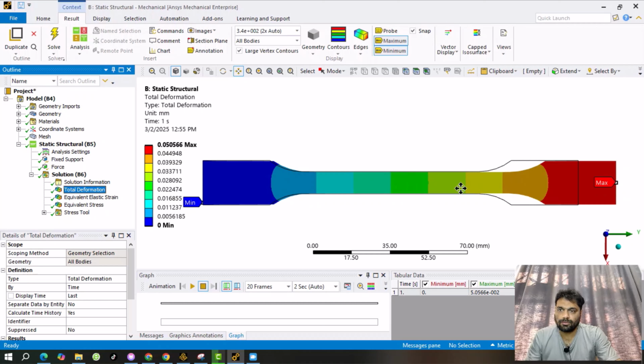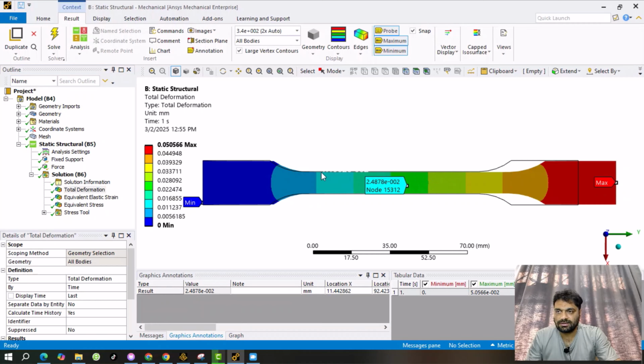If we want to probe a specific location, like we want to see the results of this region, like how much deformation is at the center of this one, then we can select the probe. And now you can see if we move our cursor, then it will show the value of the specific region. Let's suppose if I want to know the deformation at the center, I just click, and now you can see